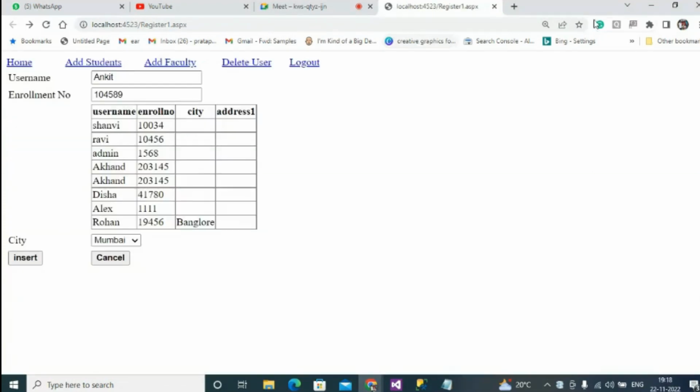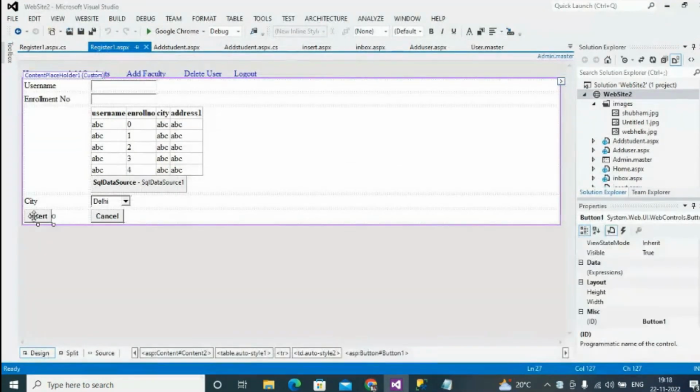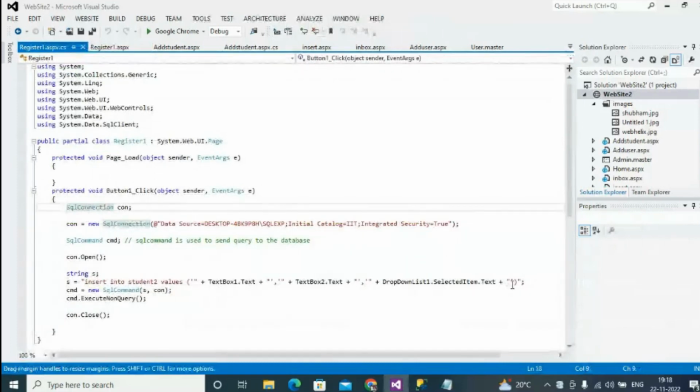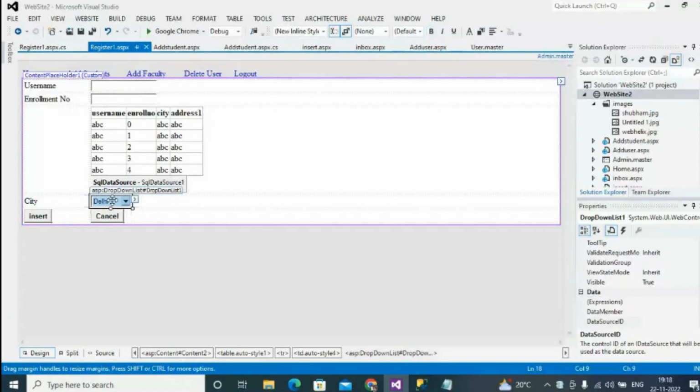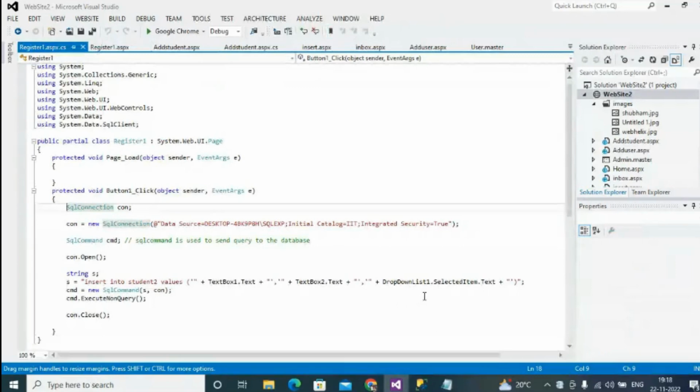Okay, we have not added the column. So what we'll do, I'll go to the insert here, and from here I have added a drop down list. See, I have added a drop down list. It was not there in yesterday's class. For the drop down list, the property you need to add is selected item dot text because you are selecting the text. So for the new column, you just need to copy this